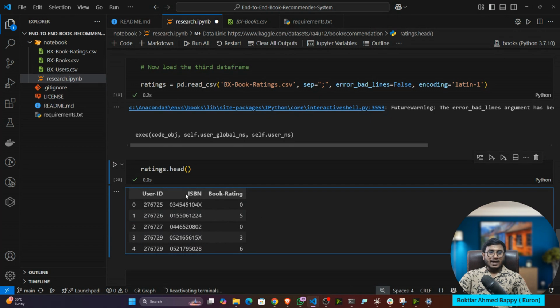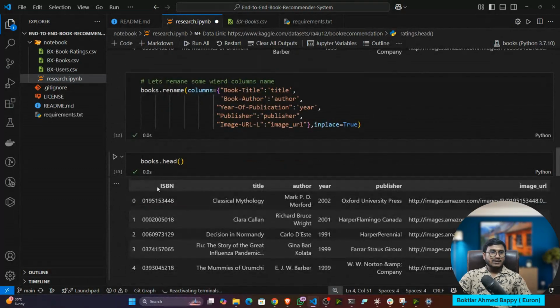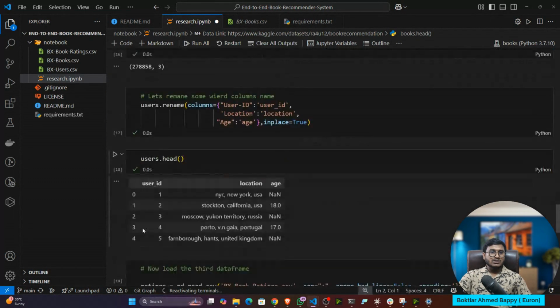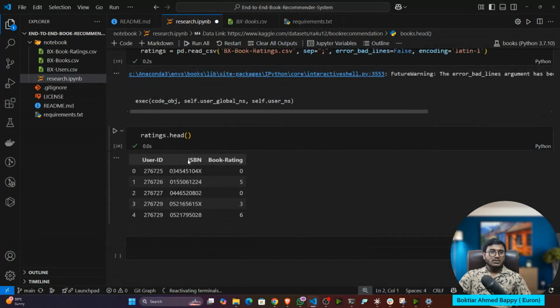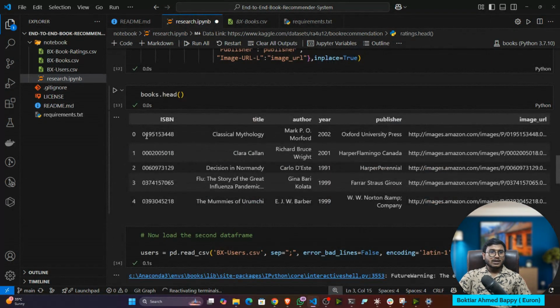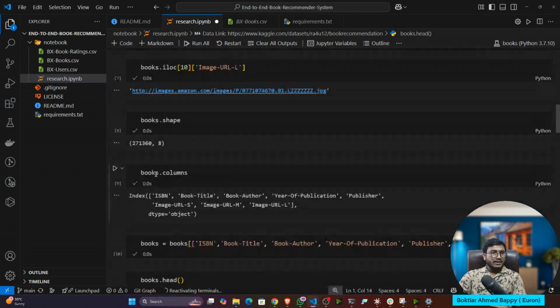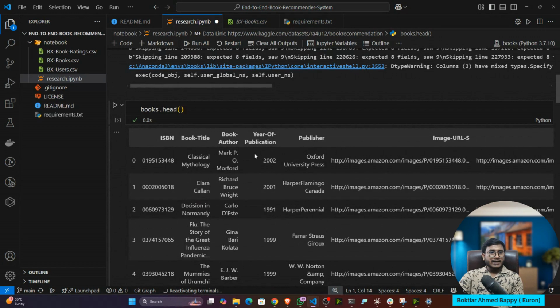And how can I identify the book name based on the ISBN number? Because if I show you the book CSV, it is having the ISBN number, and the rating is also having the ISBN number. So if I compare the ISBN number, I will get the book name, because in the book data I have the book name. So I think you can see the relationship between the three data, guys, yes or no. The first data is having ISBN number, book title, and everything.